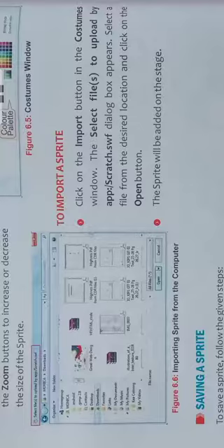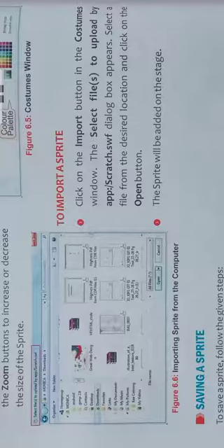If you want to get more information about Scratch programming, then you can watch my old videos. The chapter is more on Scratch, that is for class 6th, I made it for that class. But if you want to know about this in more detail, then you can watch more on sprite. I will add more on Scratch, first, second and third, at the end of the video. I will add all these taglines in the description of the video. You can go there and watch the full video on Scratch.